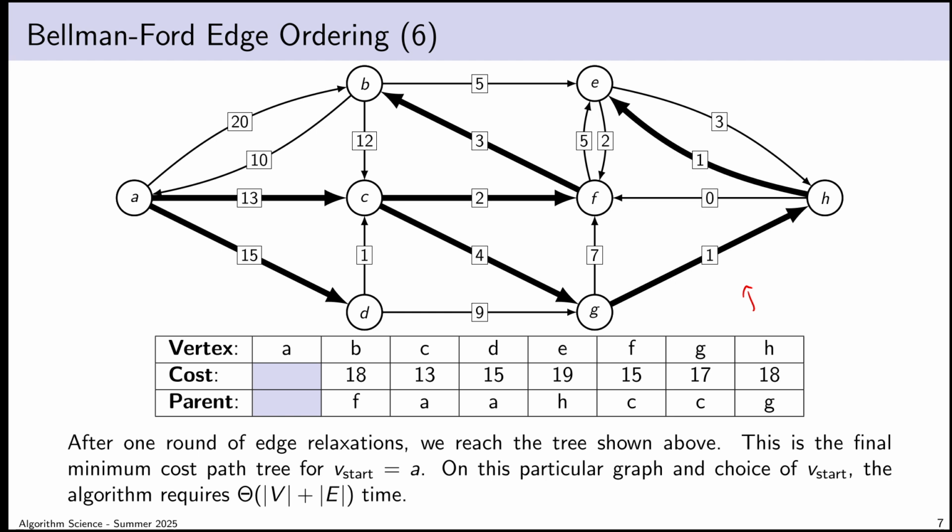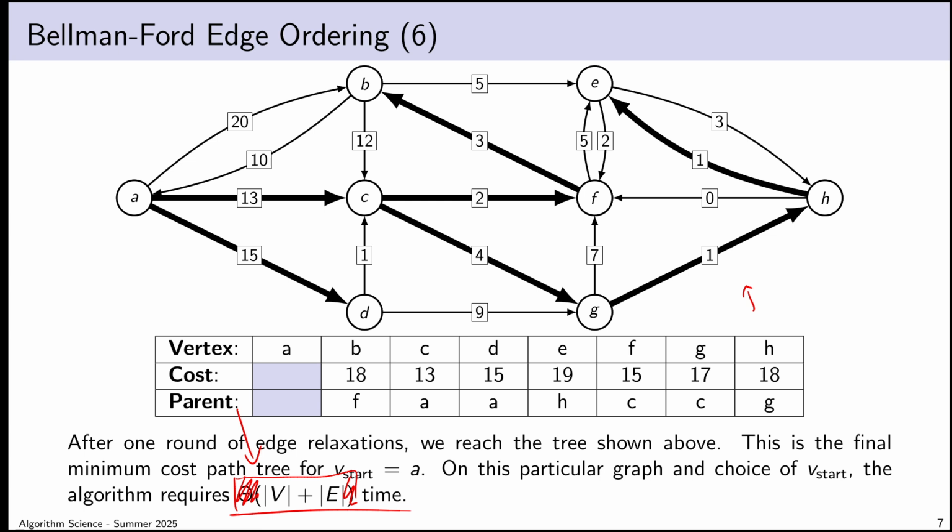So we can make the argument that with this particular graph and with this particular choice of edge ordering, the algorithm requires linear time. Now actually, stating this with asymptotic notation is bending the rules a bit. It's sort of weird to talk about the asymptotic complexity of a single input, because usually, of course, asymptotic complexity is based on how the input size scales. So sorry about that. Maybe I should just say V plus E time.